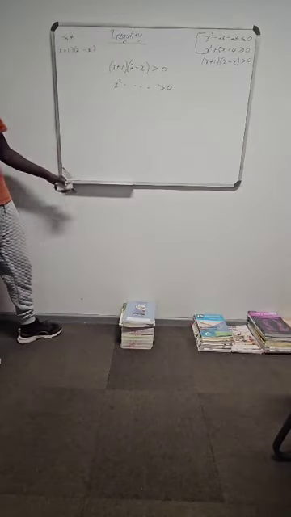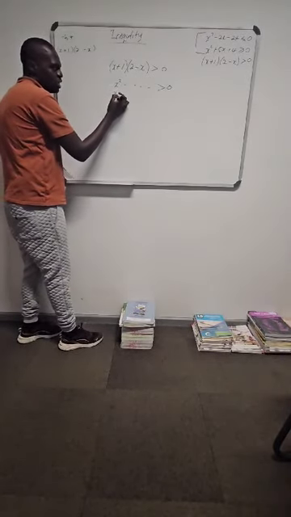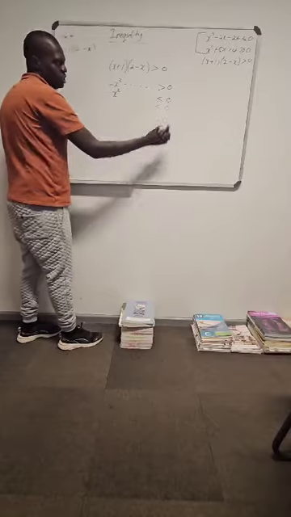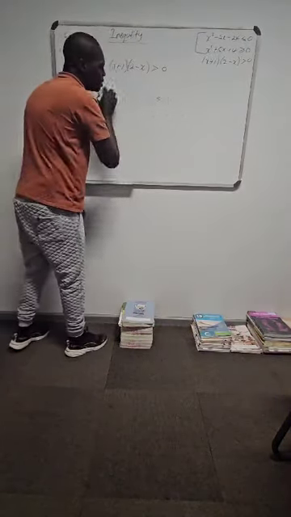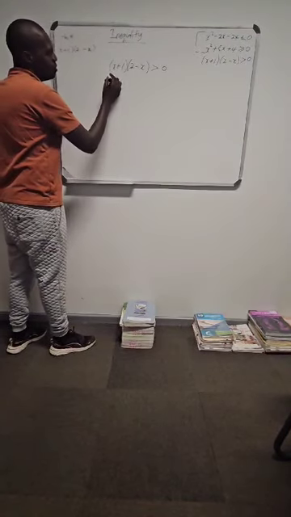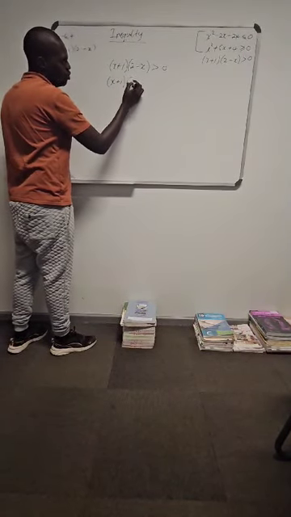Now, what do we do? When you divide everything by a negative, the sign is going to change and face the other direction. That is a trick that I want to show you. So if it is already in this form, what do you do? You just come and say x plus 1, you swap the 2.